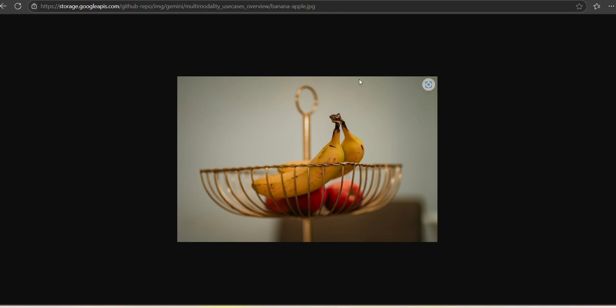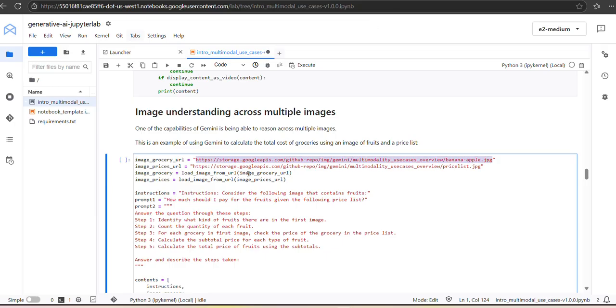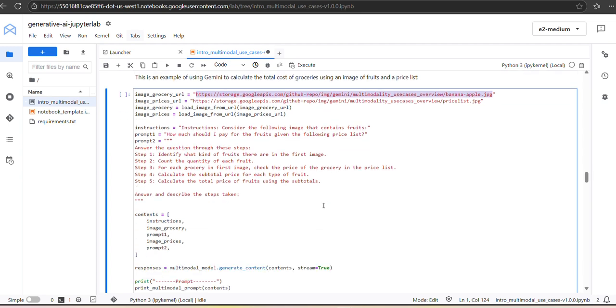Now what I'm going to do is see this image, and there are a lot of images. These are the images. We are going to explore these images, and based on them we are going to ask some questions, and for that we are providing some instruction to the model: